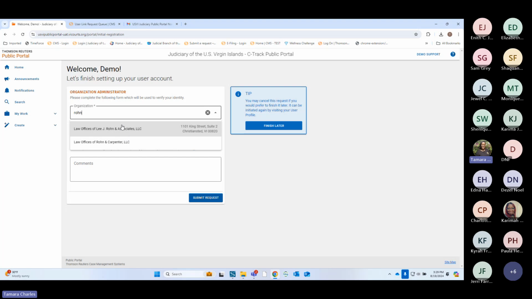So if you see multiple things show up here and you're not sure, please, even if it means calling the court or sending an email and saying, hey, which one is our active organization? We prefer you do that so that you could be affiliated with the right organization. This is only test. Yes, I understand that is test, but we want you to be as real to the process as possible. So if you know that your firm has multiple names or has had multiple names, please just ask a question before you go on.